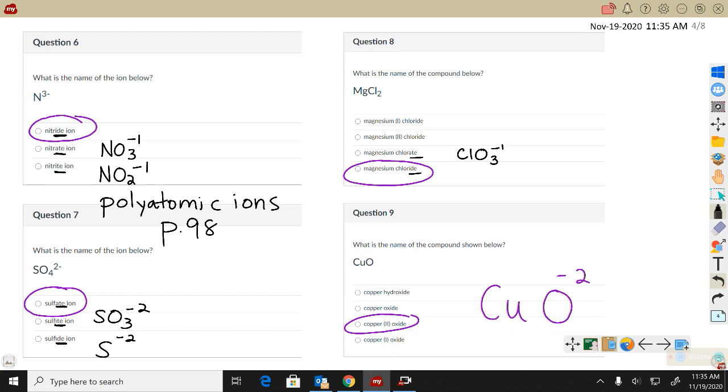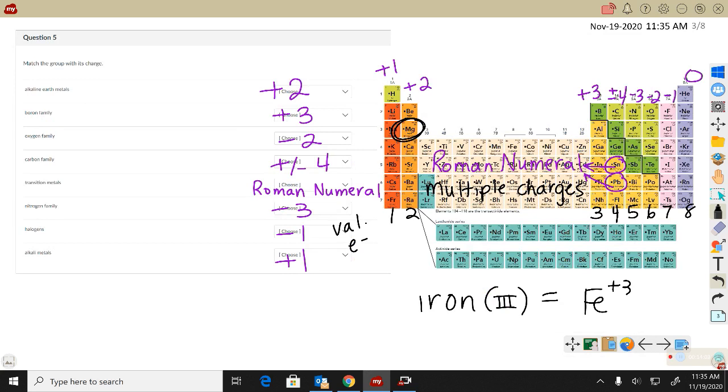So the metal is copper. The non-metal is just oxygen, so it turns from oxygen to oxide. But before you call it done, just double check where that metal is coming from on your periodic table. So copper is coming from this middle transition metal group, and I do need a Roman numeral to indicate the